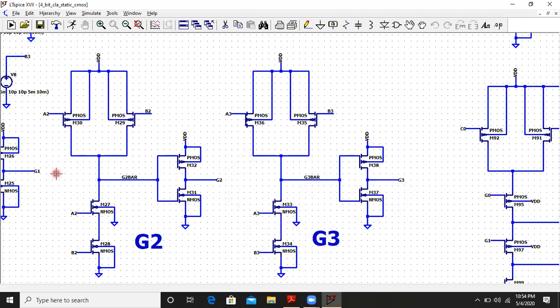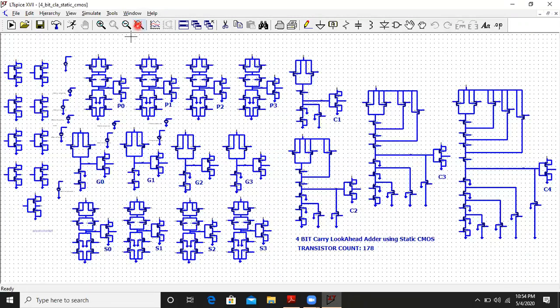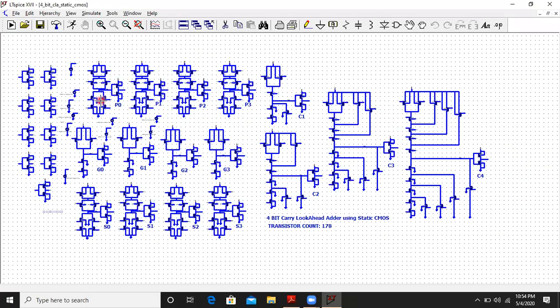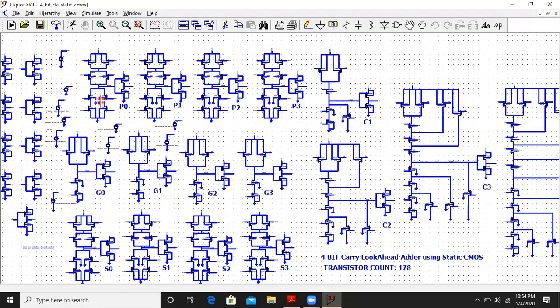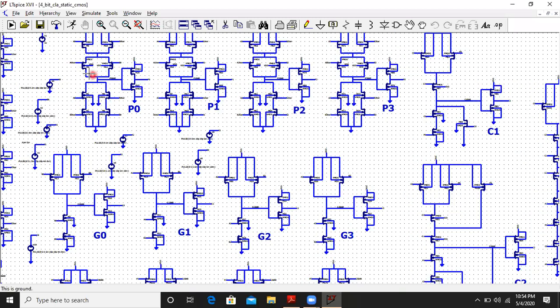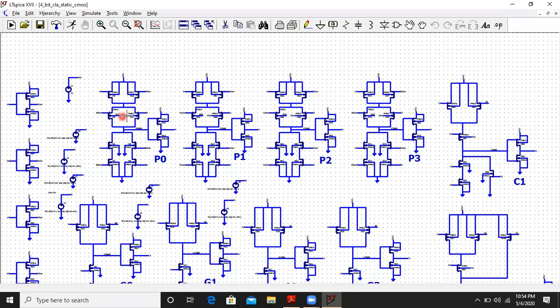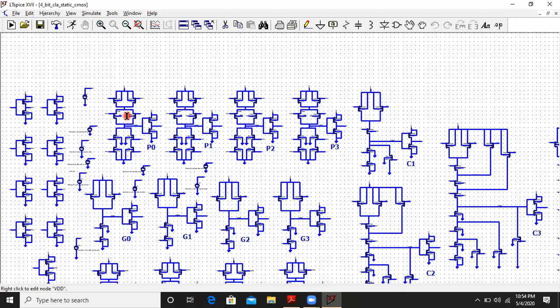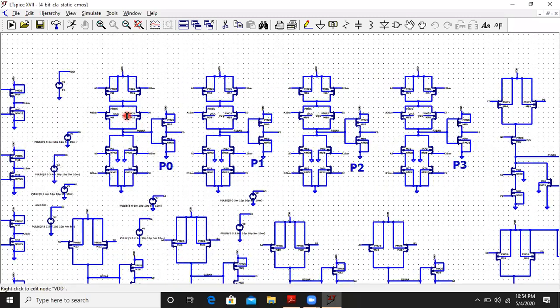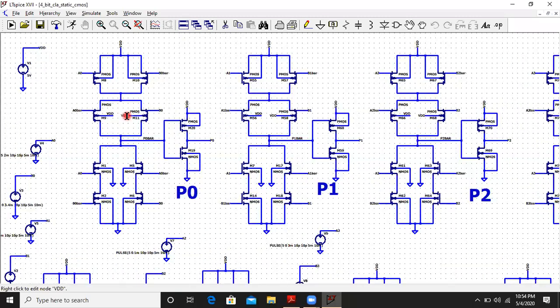Now next we move on to the propagate blocks. Let me minimize this screen again and expand it slowly, so that it is clear which transistor is doing what.